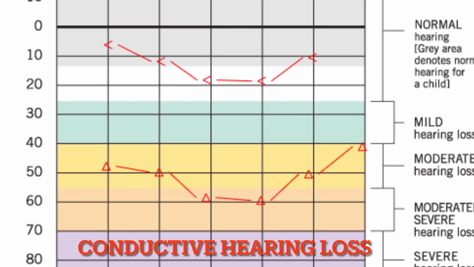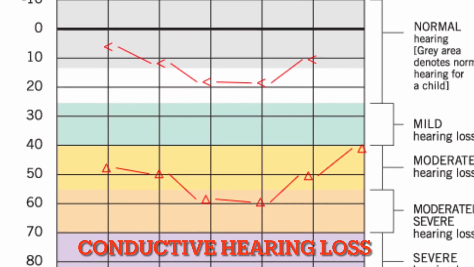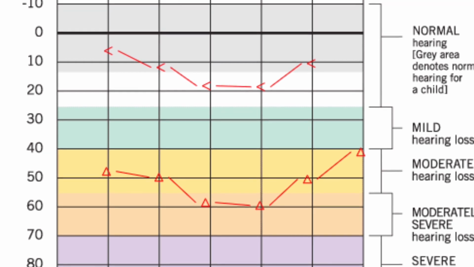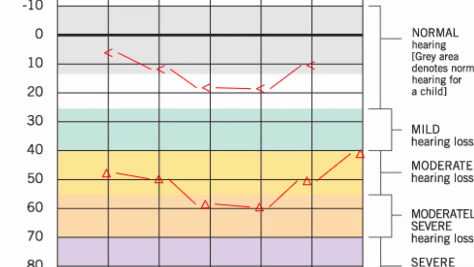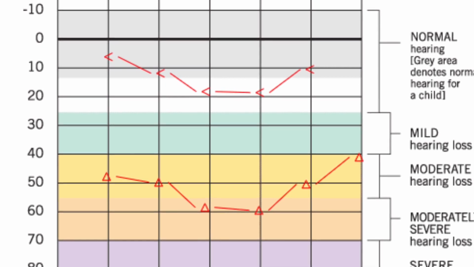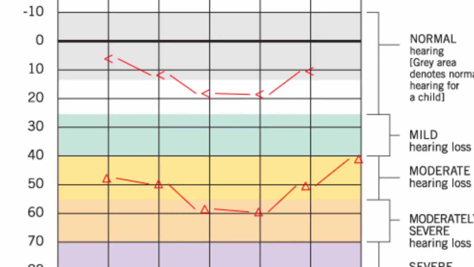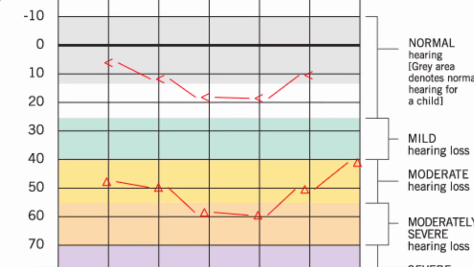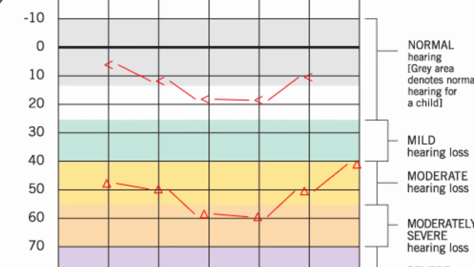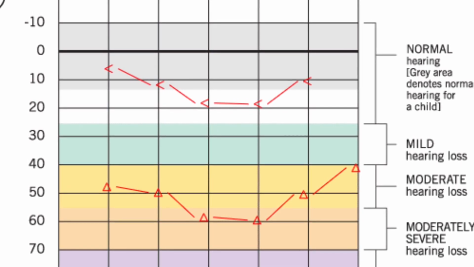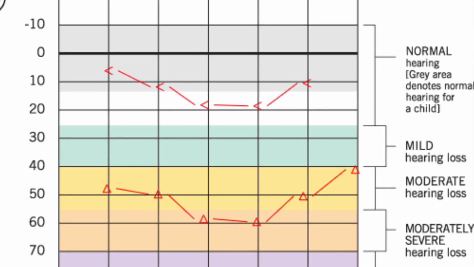Let's move to another example. This shows only the red lines and the two lines having a very wide gap. The lowest line is very low, the upper line is at its normal position. So this denotes conductive hearing loss because the lowest line is very low. This could be because of rupture of the eardrum or displacement of the three tiny ossicles in the middle ear. So this kind of hearing loss is repairable with surgery.